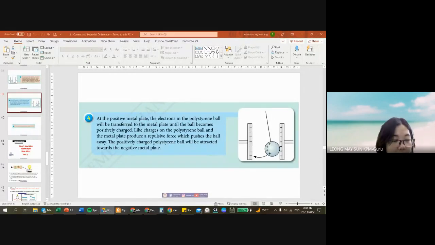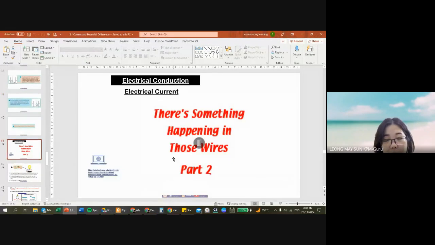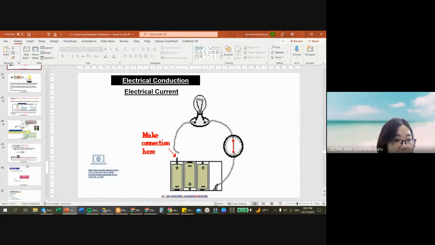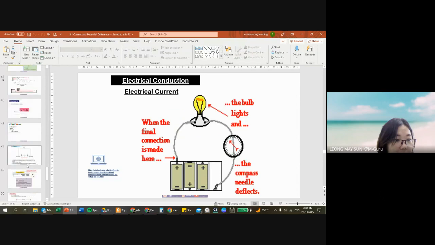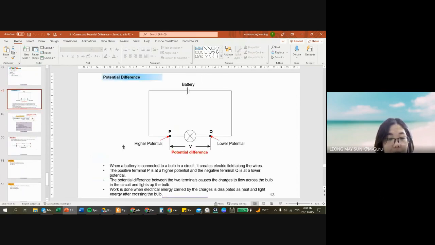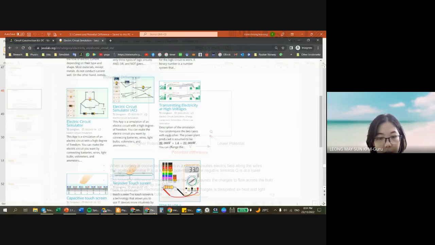Okay, so the next part that we are supposed to learn is electrical conduction. Before we learn about electric current, we are going to learn a little bit about potential difference first. Now, electric potential for the first thing. Electric potential means how, let's see,